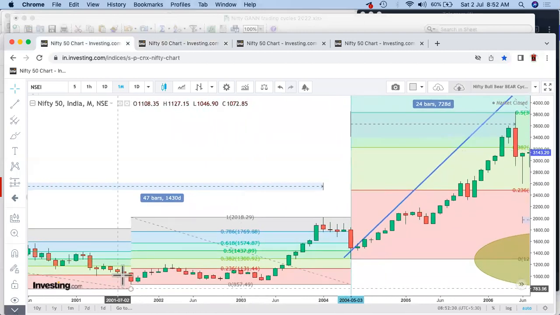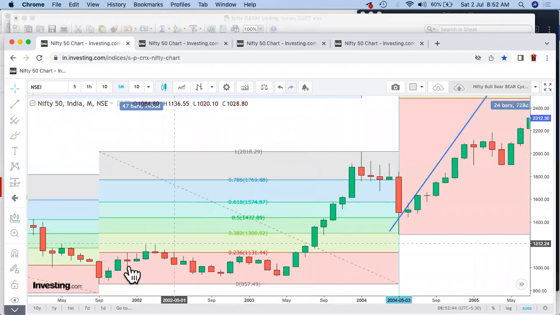So this is the Fibonacci which has been marked. It started somewhere around 2001. We got a reversal, and from here it went up, and the high was somewhere around January 2004, and from there it came back to a level which is 0.382, right? So 2001 onwards to 2004, which is coming down to 3-4 years, we have considered this cycle